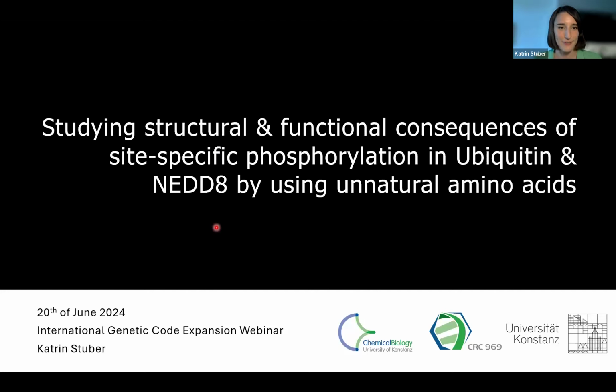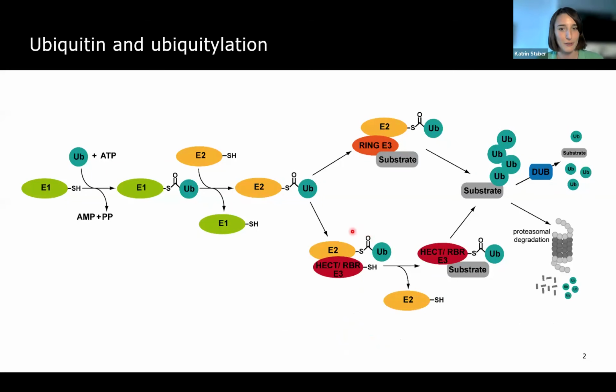Yeah, and of course, thanks for the opportunity to present my work in this webinar series today. And as I said, I would like to talk about studying structural and functional consequences of phosphorylation in ubiquitin and NEDD8, of course, by using unnatural amino acids. But before starting with the unnatural amino acid part, I would like to give you a short introduction into ubiquitin and ubiquitination. You might know that ubiquitin is a small protein that is attached post-translationally to substrate proteins via a